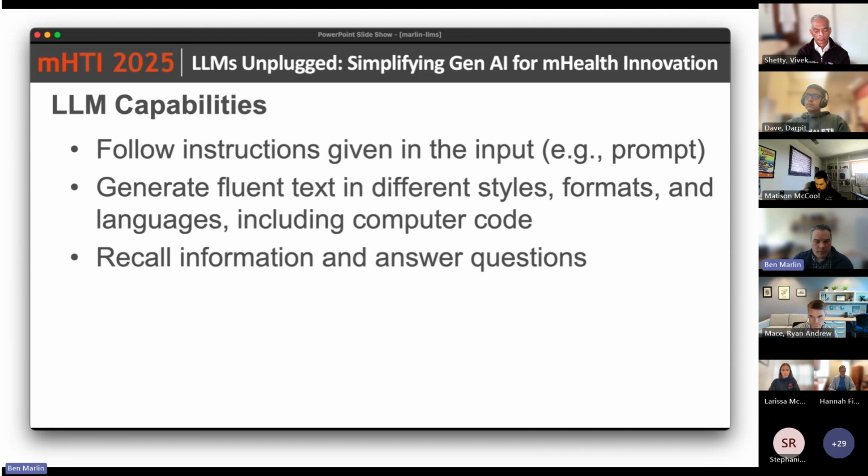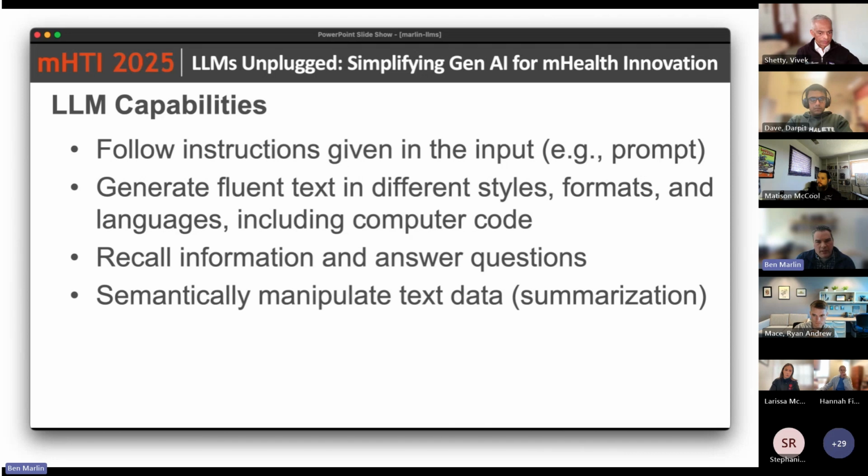The training process distills knowledge from the data set into the model parameters. And again, these models are able to recall information and answer questions about that information that's been distilled. We'll talk about issues a little bit later on. None of these things are exactly perfect. If you look at the ratio of number of model parameters to amount of training data, there's quite a compression process that's going on. So it's entirely possible that certain kinds of facts are stored in the model in a way that's incorrect, or that they're recalled incorrectly. So that's often called the hallucination problem, which is an open problem with these models. They don't always produce factual information, and sometimes the errors can be quite egregious.